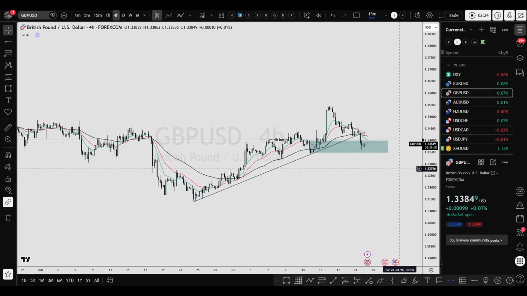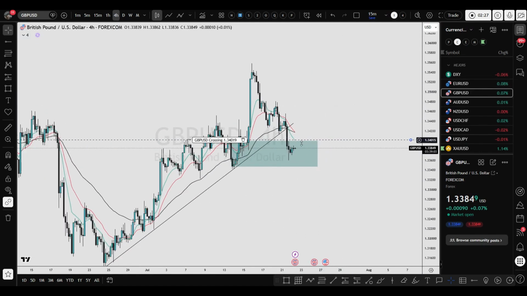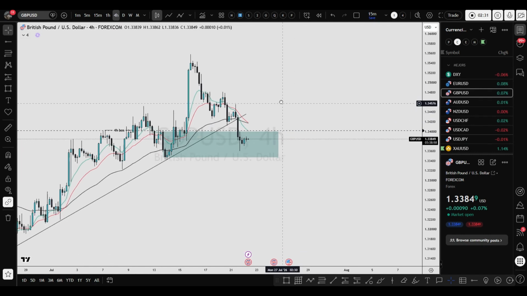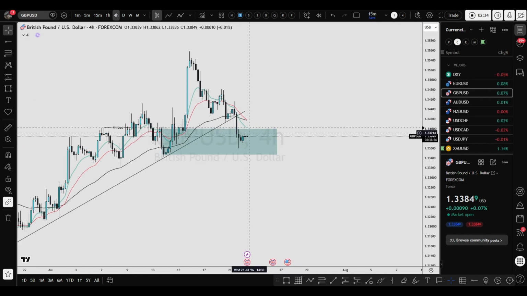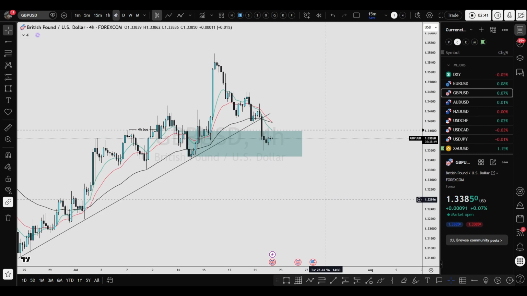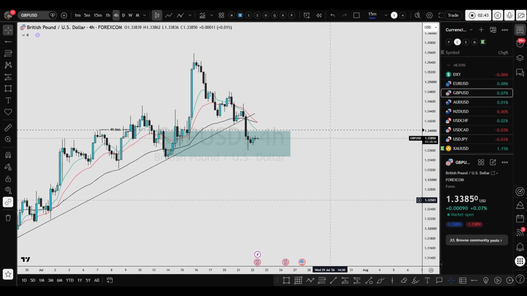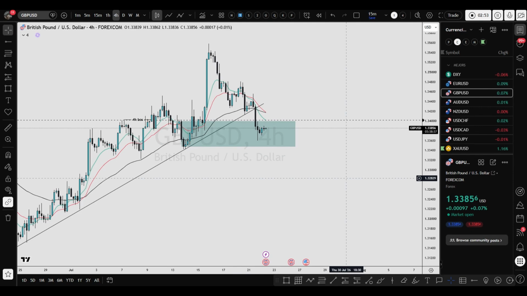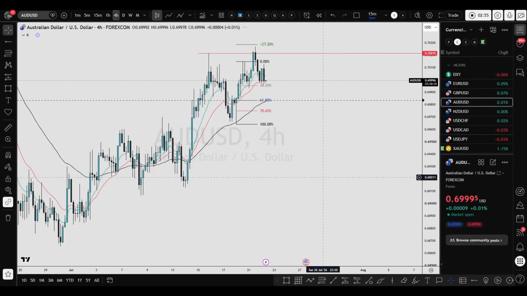Right, let's see. I have my alerts on over here. If price manages to give us some good bullish confirmation above the 10 EMA, in that case I can start looking for longs. Or it will be better if I wait for another good structure in the 4 hour and wait for price to clearly trade above the 10 and 20 EMA with a bullish environment, because the 10 and 20 EMA is right now giving us a bearish environment. The 20 EMA is above the 10 EMA, so it's better if we wait a little more in GBP/USD.